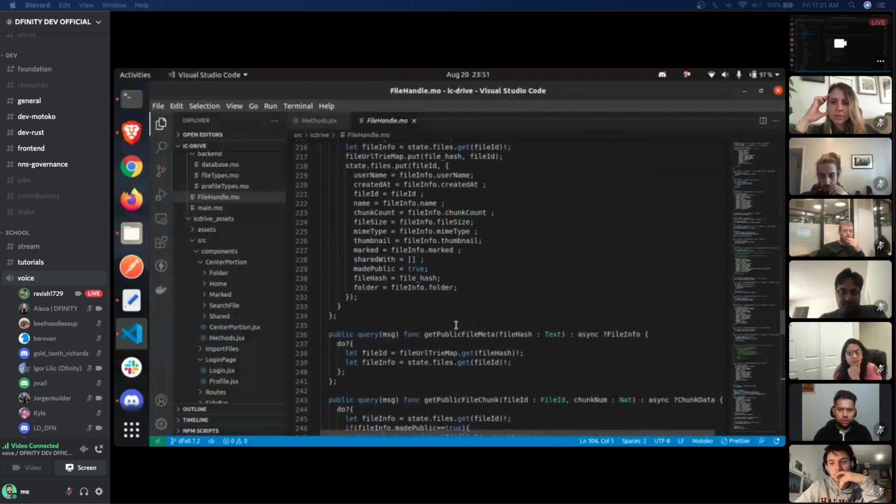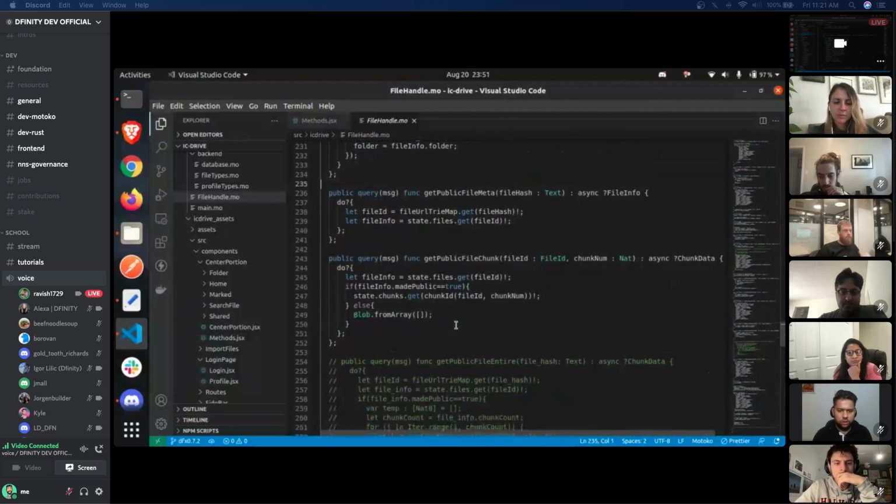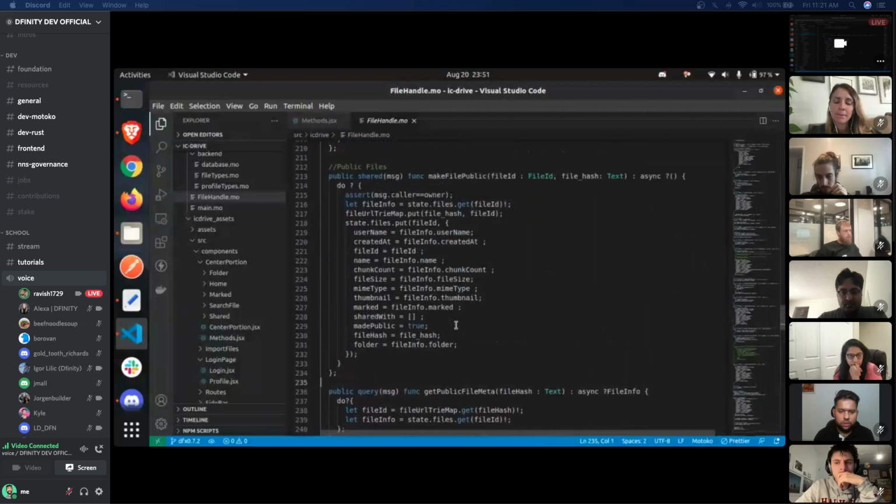Now going to the public part. Suppose you have your own canister and you want to access your file, so we go for a check. The check is whether the caller of this particular query is actually the owner of that particular canister or not. If he is the owner, then only he can fetch or update the files. But if he is not the owner of that canister, then a null will be returned at the front end. He won't be able to see anything.